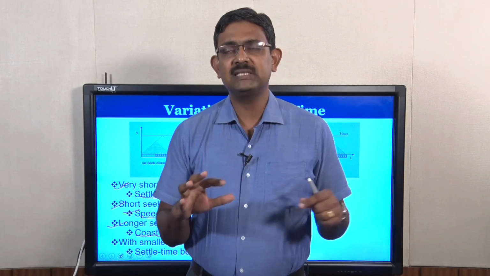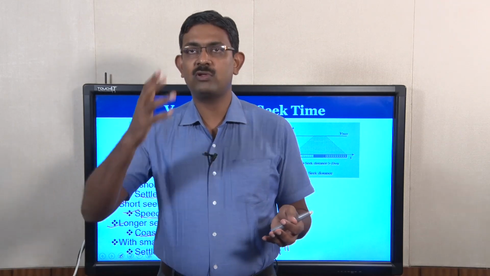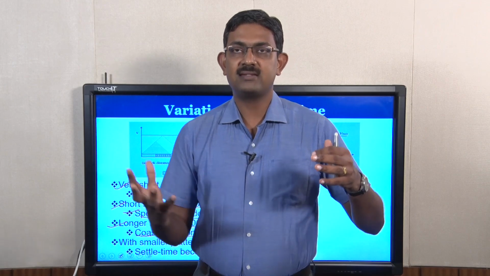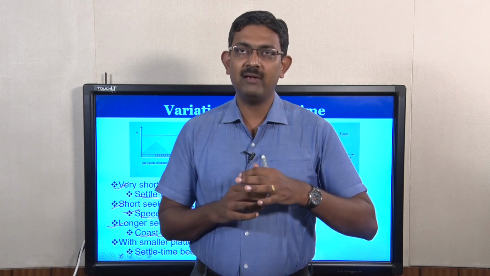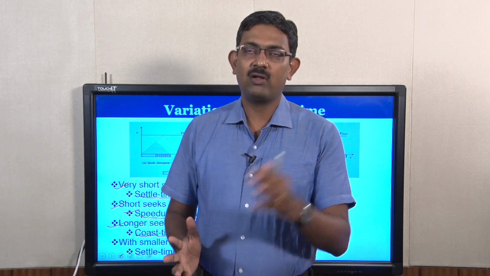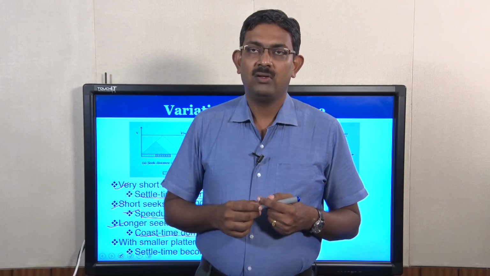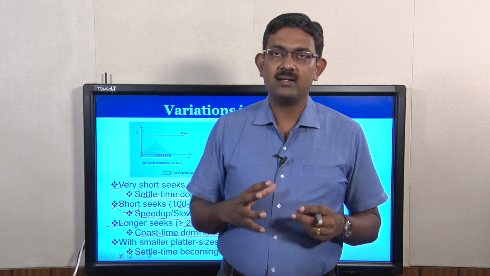Consider the case that you have a 100-story building wherein you are going to start from the ground floor all the way to the 100th floor. Now, it may take 4 or 5 seconds initially to gather speed. Let us say you took 3 seconds to reach from floor 0 to floor 5. From floor 5 all the way up to floor 95, you may be going at maximum speed, and in the last 5 floors you may be coming down again. So, moving from floor 5 to floor 95 at a constant speed is what is known as coast. It is very important to understand the concepts and the correlation between these terms.